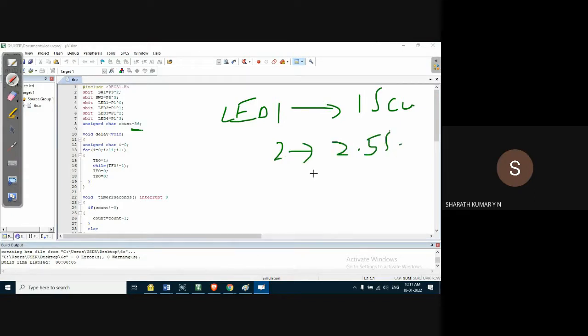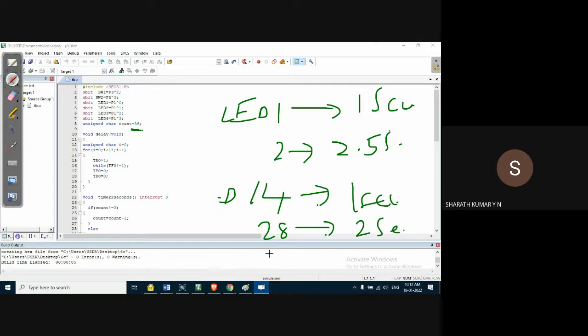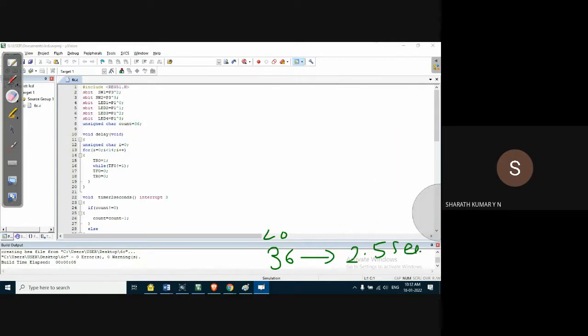Generally decimal value 14 is for the 1 second, and 28 for 2 seconds, so approximately 36 for 2.5 seconds. It may not be accurate until and unless we carefully measure, but definitely more than 1 second.